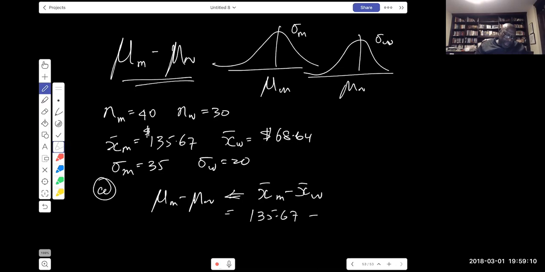And in that case, it would just be the 135.67 take away 68.64, and that answer should be equal to, if I look at my notes, $67.03. $67.03. So just based on the point estimate, it looks like men are spending more than women,